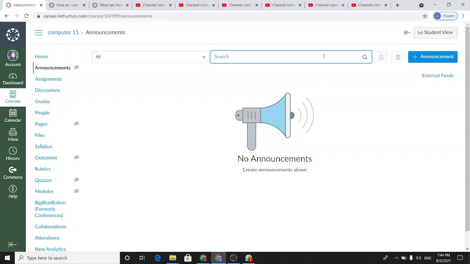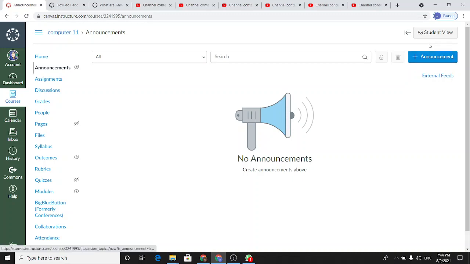We can search announcements from this search text box. This button is right now off because there is no announcement present here, and it will get on when you announce things, and if you want to delete, you can delete from here. Now let's see how we can add announcements to our course.